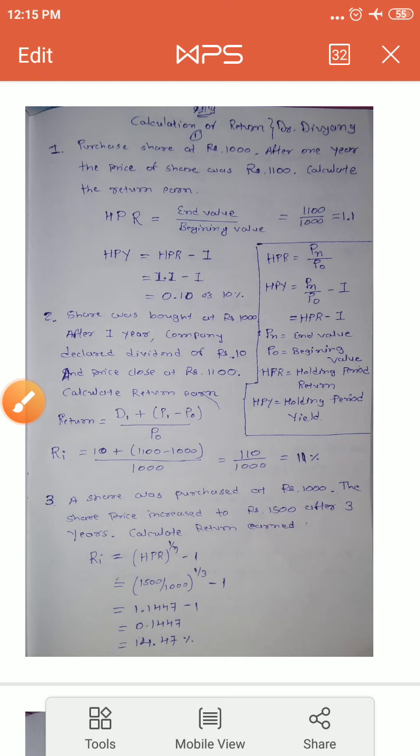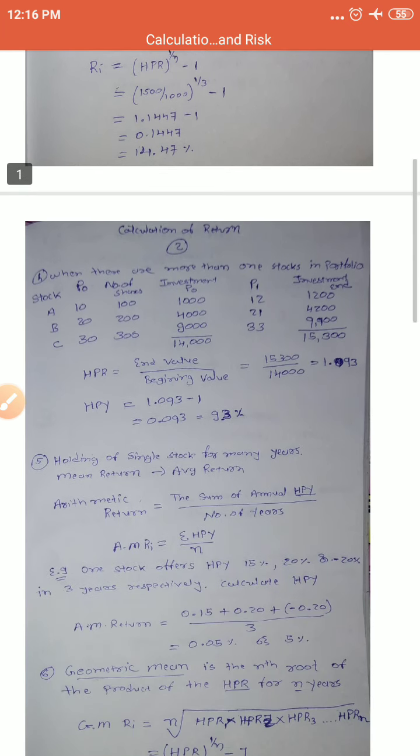With this we come to the next situation. So again I repeat what we did. One share for 1 year, no dividend income. One share 1 year with a dividend. One share for a number of years. So now suppose you hold this share for 5 years, then you have to use Pn divided by P0 raised to 1 by 5.